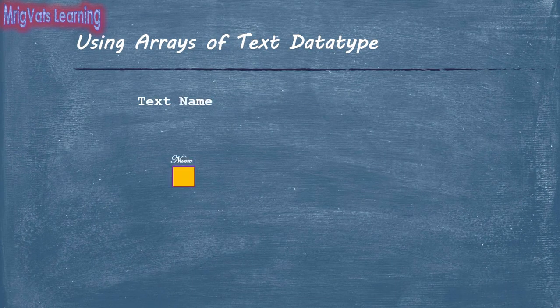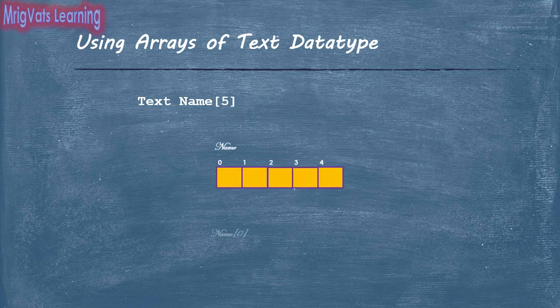As a result, when you attempt to assign a text string to a text data type variable, it stores just the first character of the text string. Therefore, to store a string of characters such as a name, you must declare an array of text data type. Similar to the integer data type, you can use the array name along with its index to assign or display a character from a specific element of an array of text type.